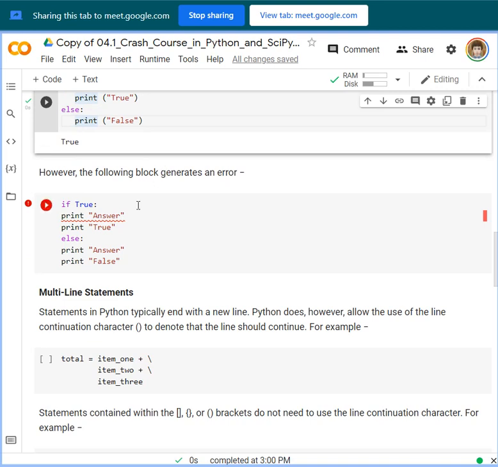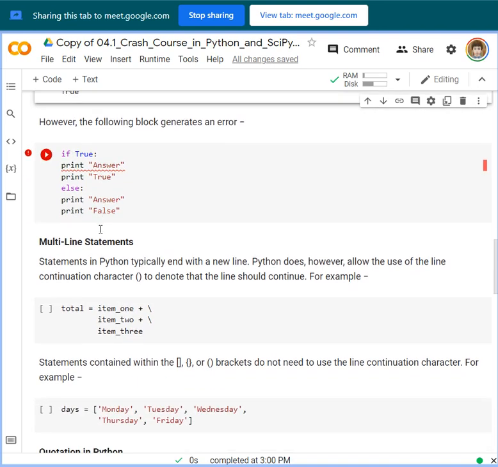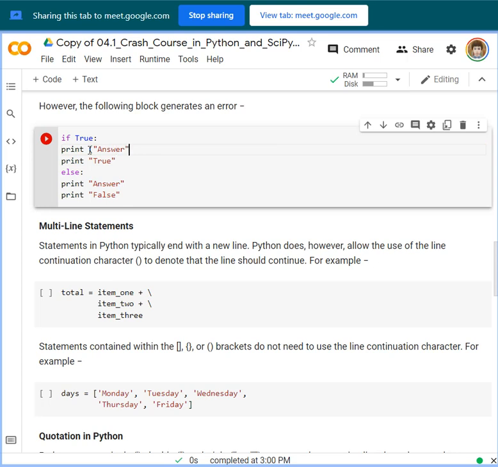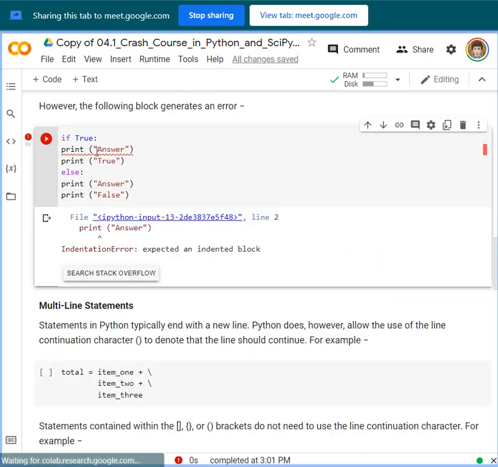However, if we don't indent it, this will generate an error, even if you add parentheses. The indentation error says expected an indented block.